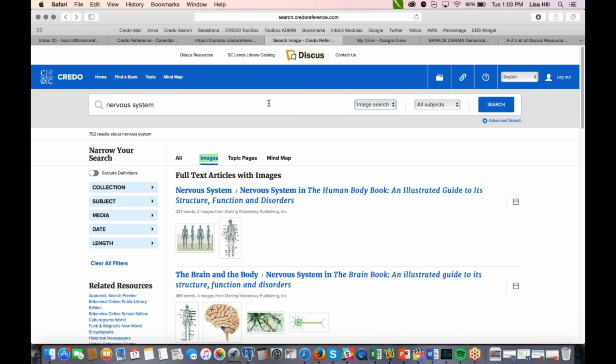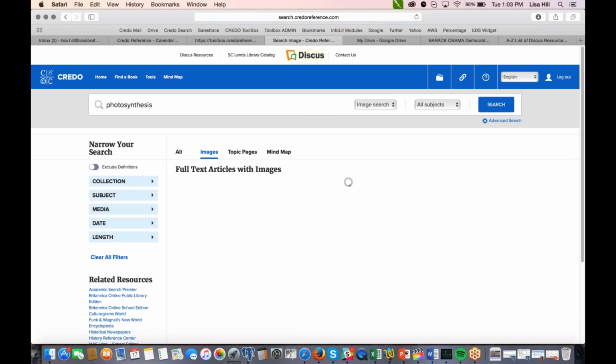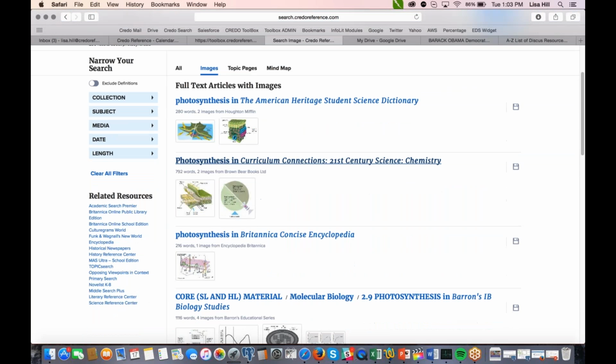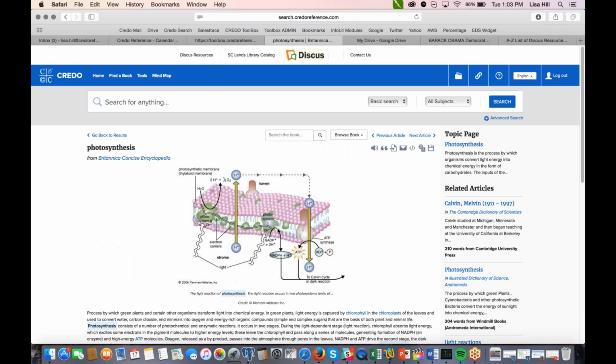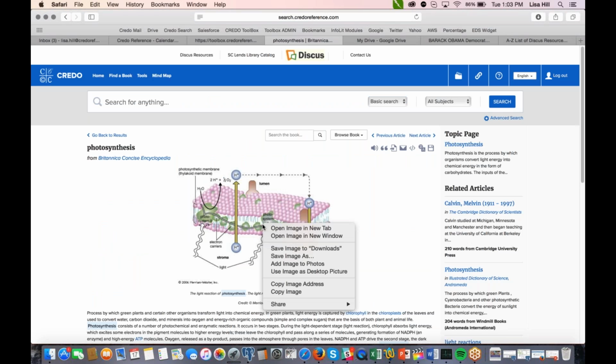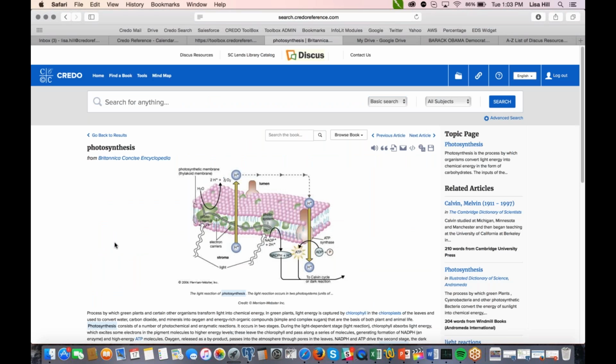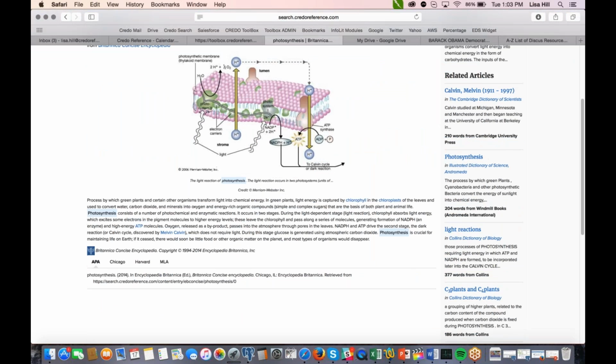If you're just looking for an image, and we have over 200,000, so no matter what image you're looking for, they're great for science classes and things like that. Your students can click on this image, they can right-click on it, copy it, print it out, put it into their homework, and take that full citation at the bottom of the screen